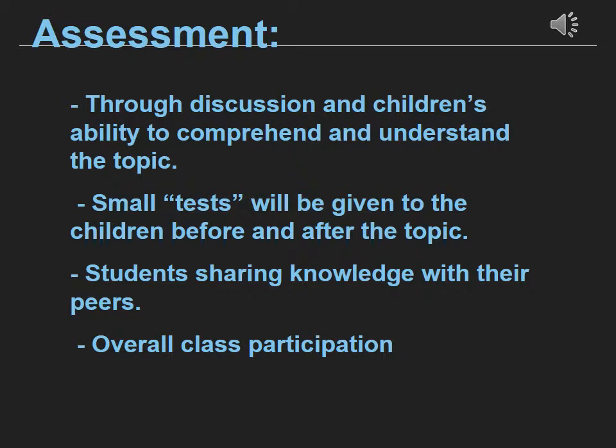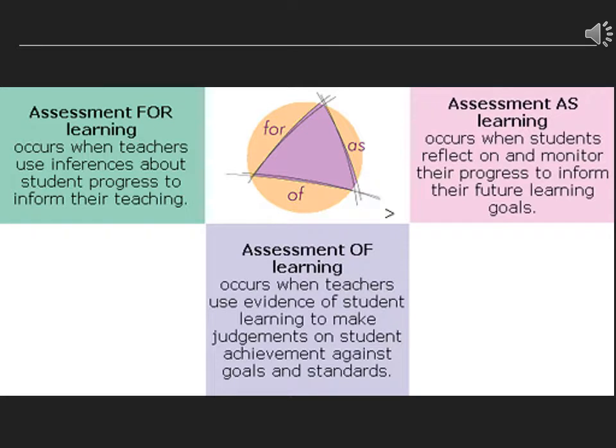Overall class participation. Teachers are able to gauge students' learning in association with the learning styles in class participation. One example of assessment would be to use the 4 As chart, which gives teachers the ability to gauge their students' level of understanding before the learning has begun, while the students are learning the current topic, and finally, what they have learnt once the learning has been completed.